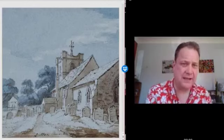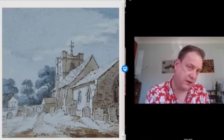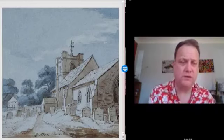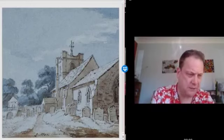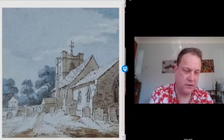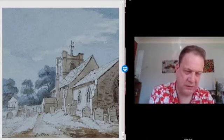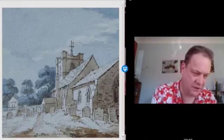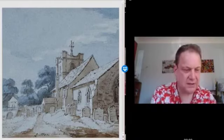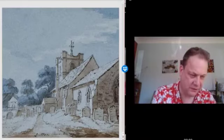Now, I've not actually seen that faculty drawing yet, but I know it exists, and there would have been a faculty, which is a permission from the church courts to allow the monument to be built. Interestingly, the monument itself may not have been... London Archives. There is a document called Citation and Intimation to Rector and Others of the Parish of Sutton, Surrey,